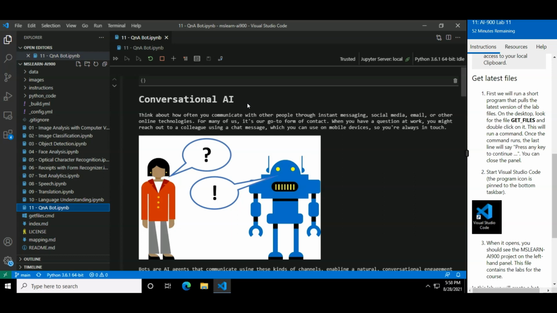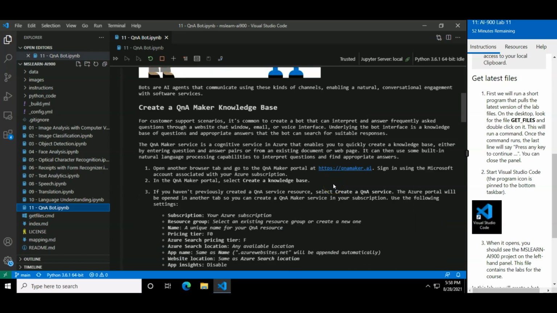When you have a question at work, you might reach out to a colleague using a chat message, which you can use on mobile devices, so you are always in touch. Bots are artificial intelligence agents, or AI agents, that communicate using these kinds of channels, enabling a natural conversational engagement